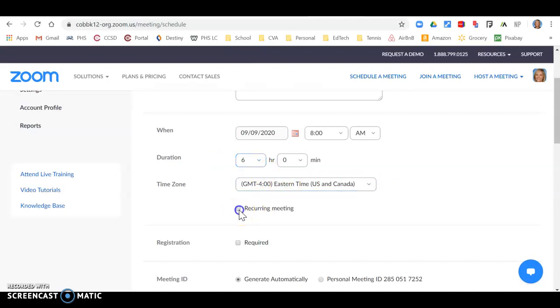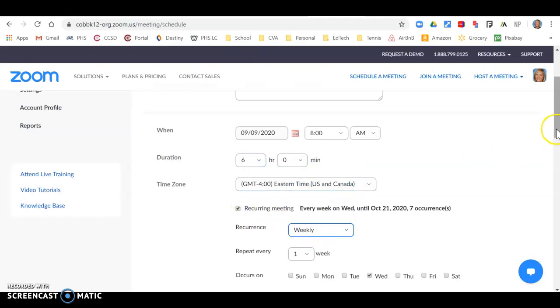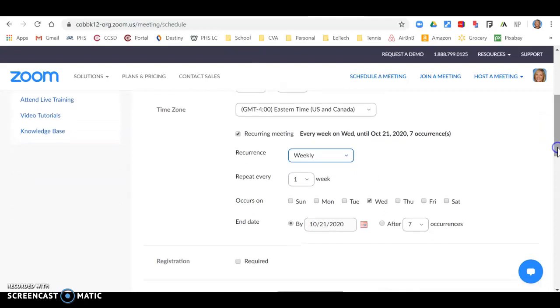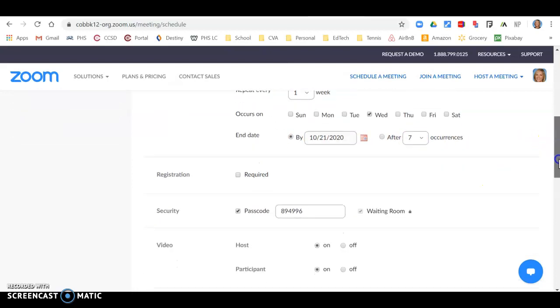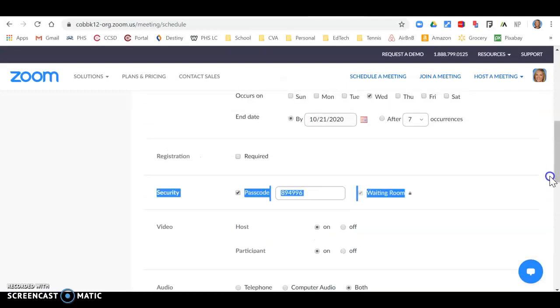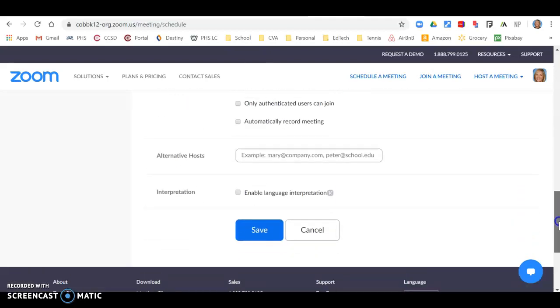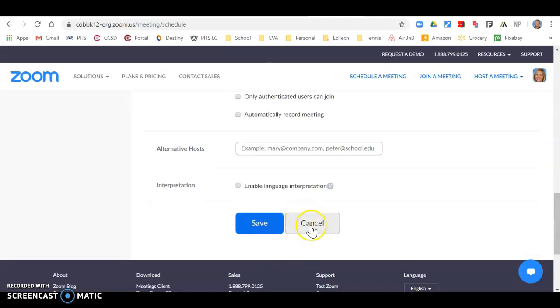And then set it as a recurring meeting, and then just have this recur every week on Wednesday, and then you can say if you want an end date at all. And then you can go through and toggle all the different options if you want to. I don't usually require a passcode, and so forth. So anyway, you would go in here and you would hit save, and then what's going to